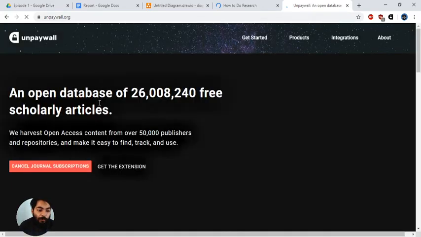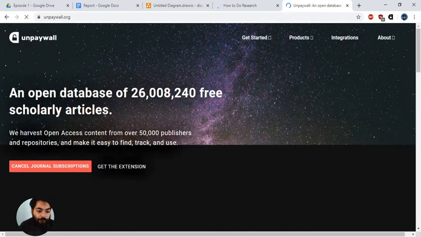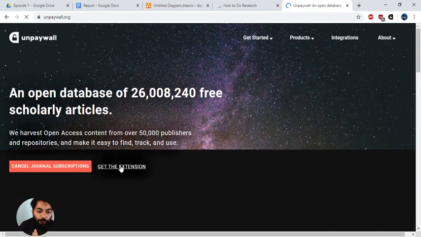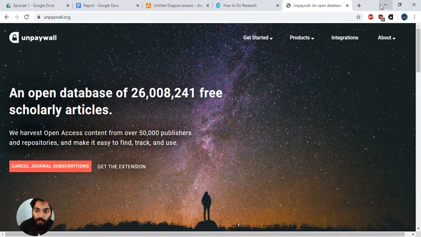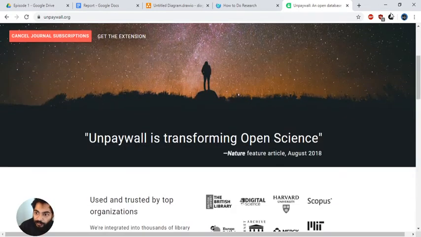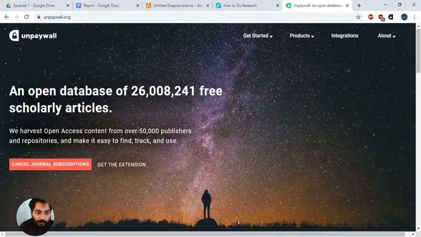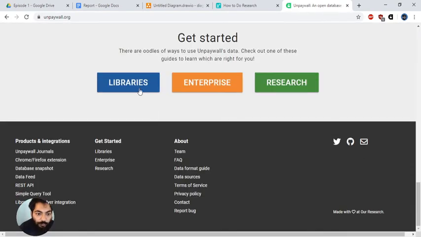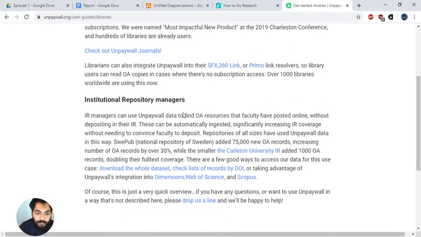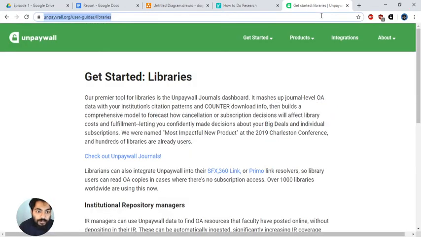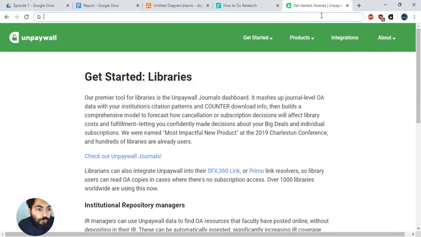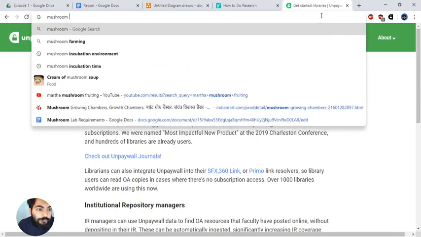It will help you download research for free. I have already downloaded the extension right here. You can get the extension from here, and you can go to any of their libraries. So how it works is you go, let's say, mushroom farming